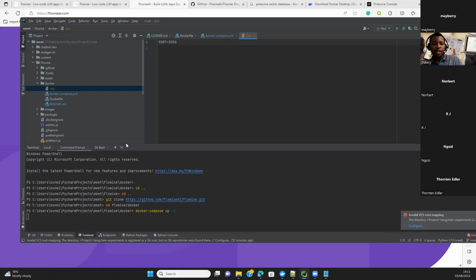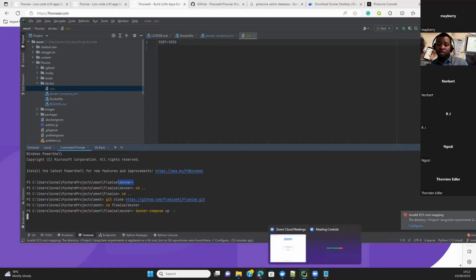And once you've done that, you go inside the Docker folder. You must be in that Docker folder to run it. When you're in that Docker folder, that is when you're going to run Docker compose update. That statement will help you to create your container. And when you create your Docker container,